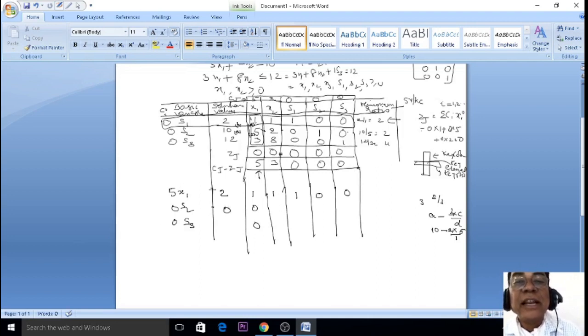Next, go to the same thing. Let this be A. The top value is B. And for the key column, always concentrate on the key column values C and D. A and B will change. For this value, calculate A. This is A, the top is B, then go to the key column values C and D. Use the basic formula. A means 2 minus B 1 into C 5 by D 1. So 2 minus 3.